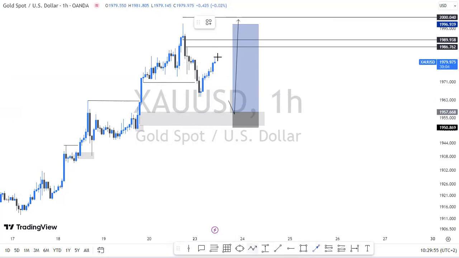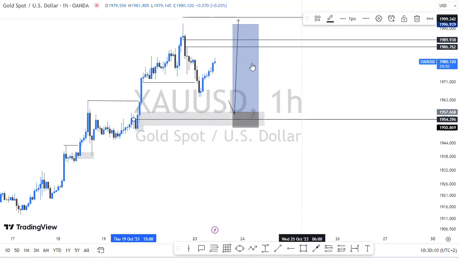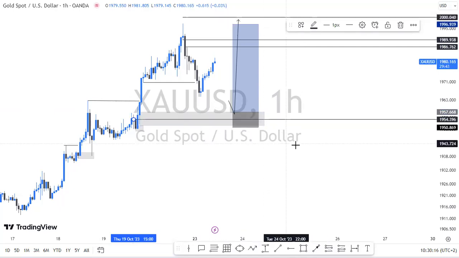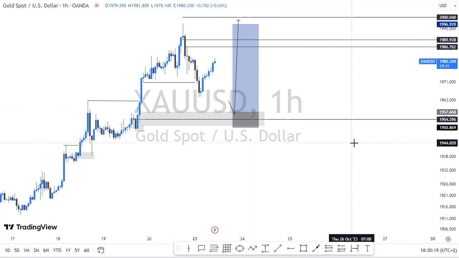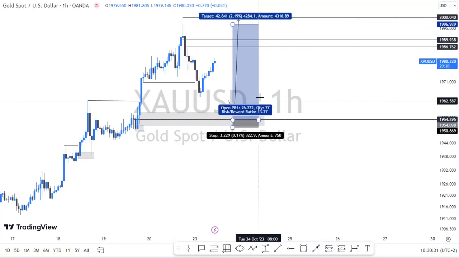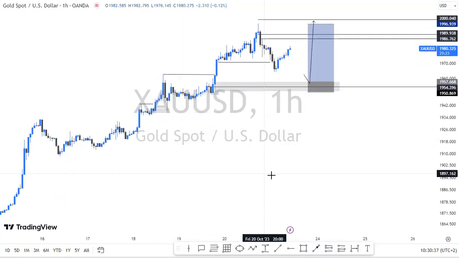Let me use this one instead. Something like this here. Come here, take me in. Then I'm going for buys, basically, with a potential of $40 to be made, which is quite a lot for a 0.1 position. So if I were to enter on this 1954.396, the trade will have less risk, which is obviously what I want. I think this is a much safer and realistic zone, right?